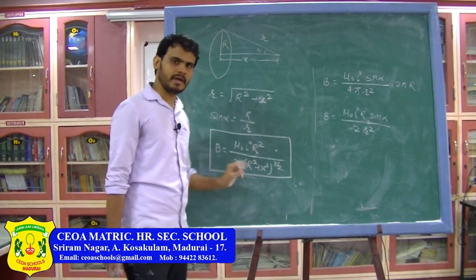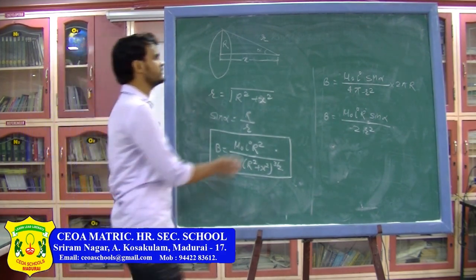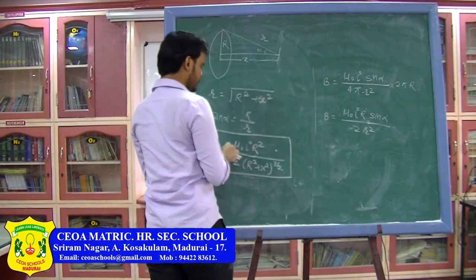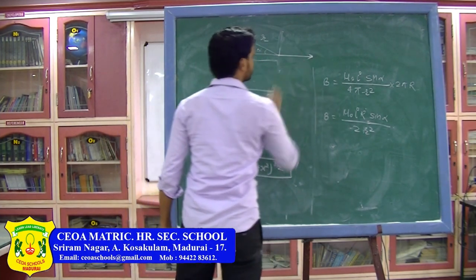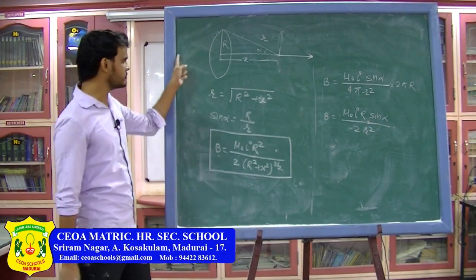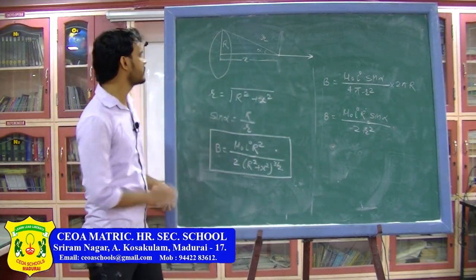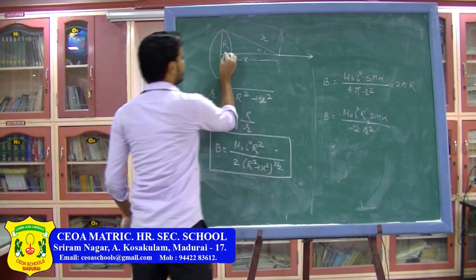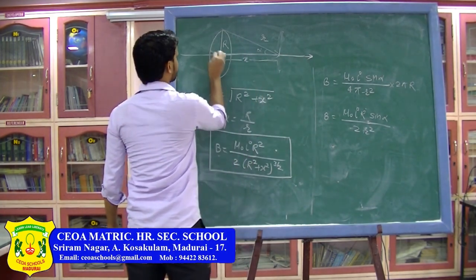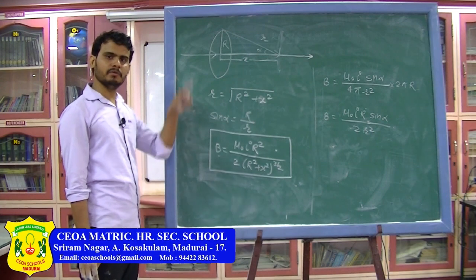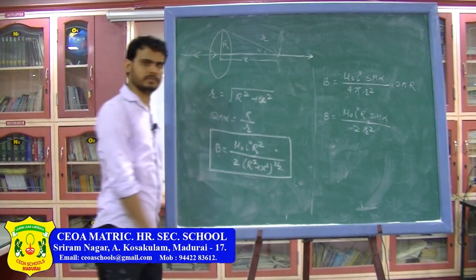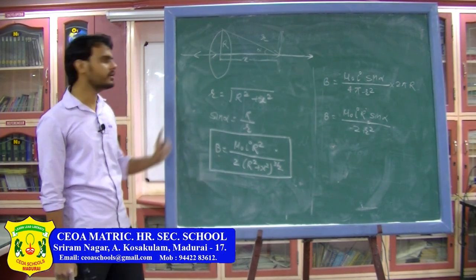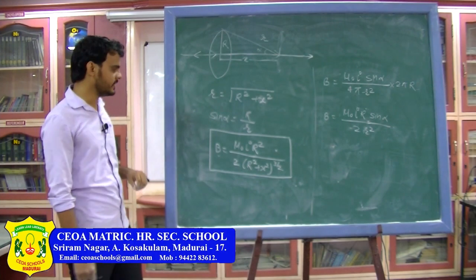Now, we have found out the magnitude, let us find out the direction again. So, we have seen that these components of magnetic field will cancel each other out. Ultimately, the magnetic field will come out to be in this direction. So, on the axis of the ring, the direction of magnetic field will be along the axis of the ring. Here we have assumed that the current is flowing like this, so the direction of magnetic field is like this. And if the current is flowing in the opposite direction, the direction of magnetic field will be the opposite. So, you have to remember this and practice the direction of magnetic field for a ring and for a current carrying wire.